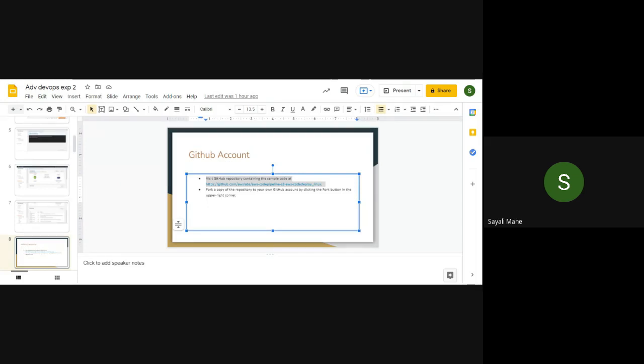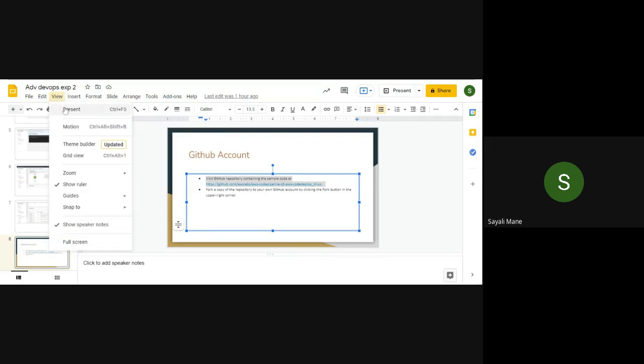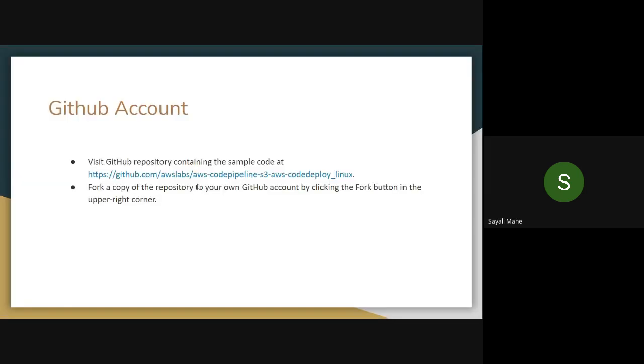You can't copy it. Okay, can you just search AWS dash code pipeline dash S3? Open your GitHub account and please search AWS dash code pipeline dash S3 dash AWS dash code deploy underscore Linux.